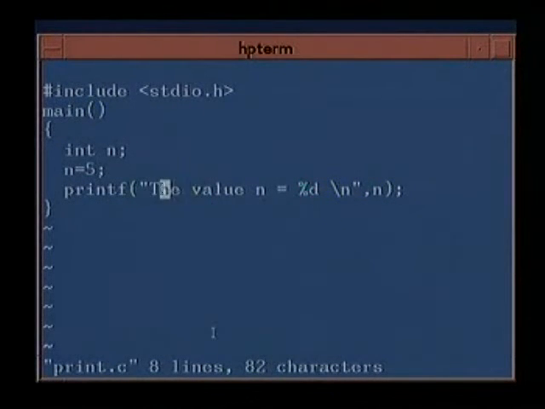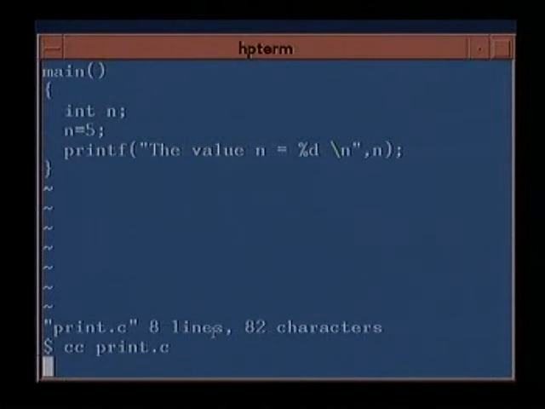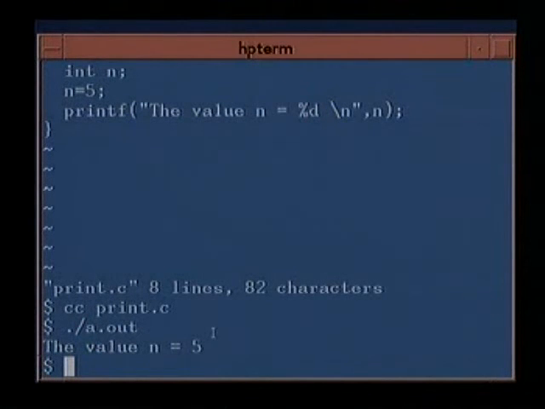It says first THE will be printed, after a blank VALUE will be printed, blank n equal to, then an integer will be printed, after a blank there will be a new line, and corresponding to this integer we will print this value of n. So let's see how this program will run. It prints the value of n is equal to 5.